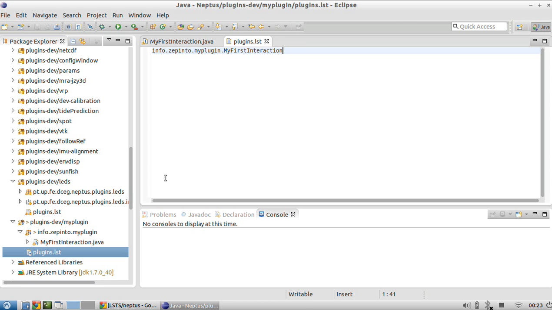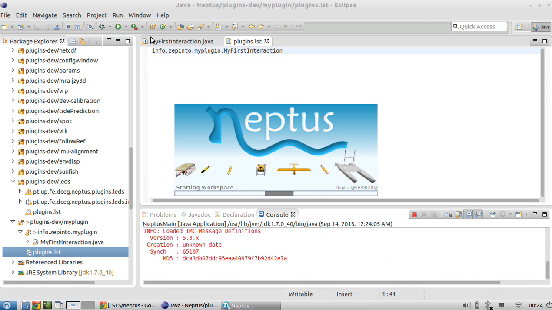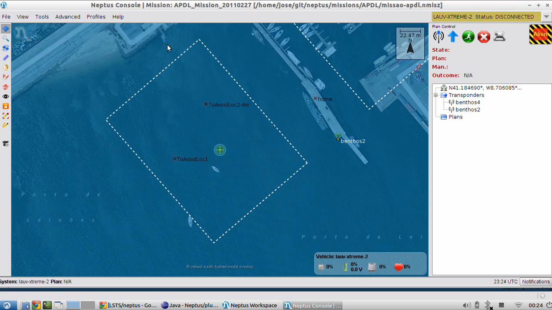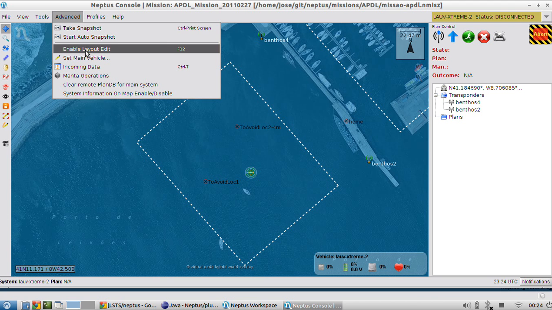Okay, so if there aren't any typos, you can run Neptus using the class Neptus main, as shown in the last video. And now you can add your plugin to a console. Let's start a recently opened console. It will start with default configuration, so your plugin won't be there. Okay, there we go. And if you go into advanced, enable layout edition,